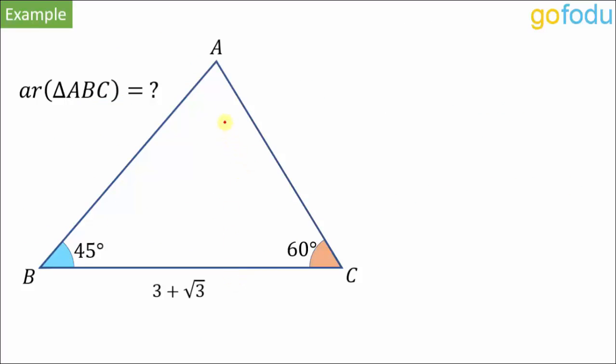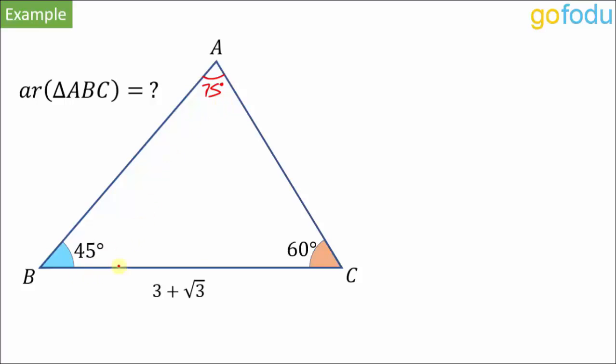We have to find the area of triangle ABC. This angle is 45, this is 60, so this angle will be 75 degrees. We can apply the sine rule, right? We know an angle and the side opposite to it, so we can apply the sine rule, but we don't know what sine 75 degrees is. And in CAT, you are not required to know it. All that we have to do is figure out some other method to find the area of triangle ABC.